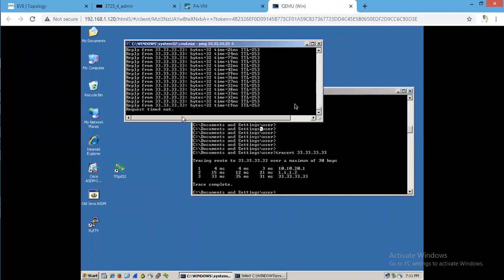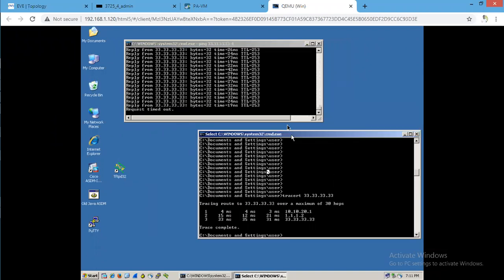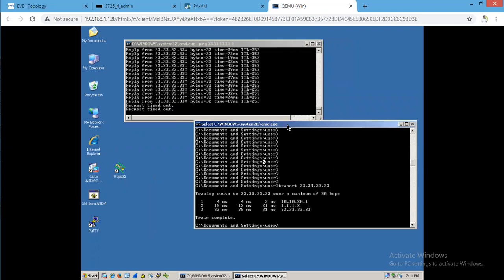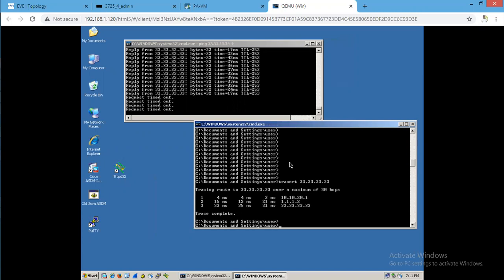Then we will see some request timeouts. We should see 7 to 8 request timeouts before the response again. And once we see the response, we will see the traced traffic, which link it is going to take.